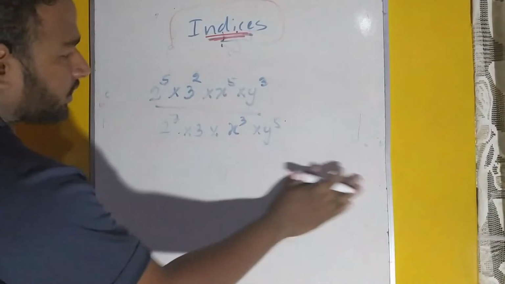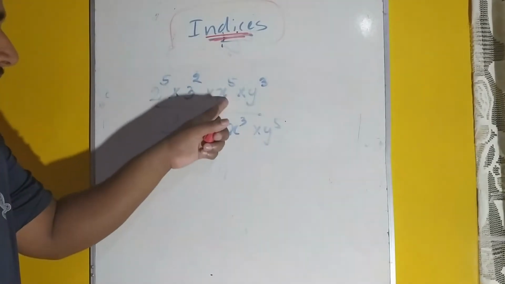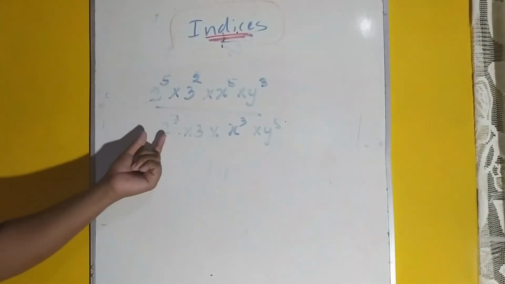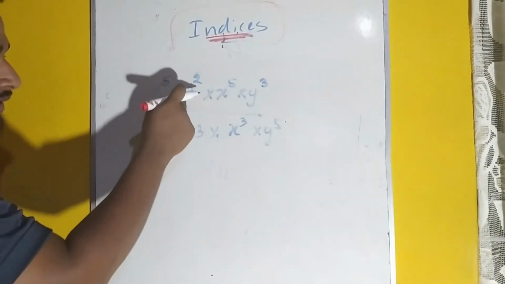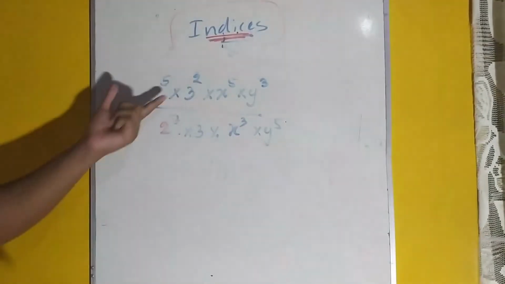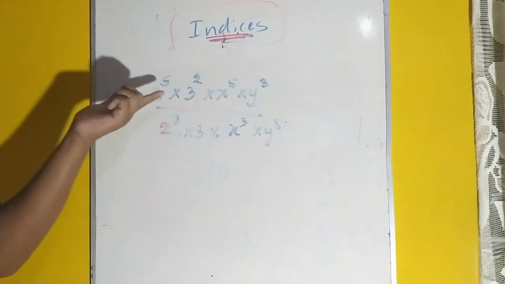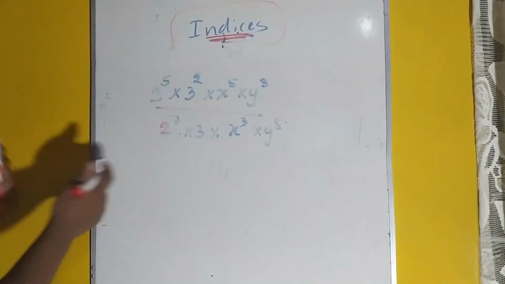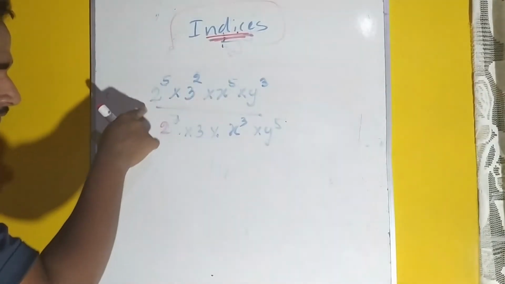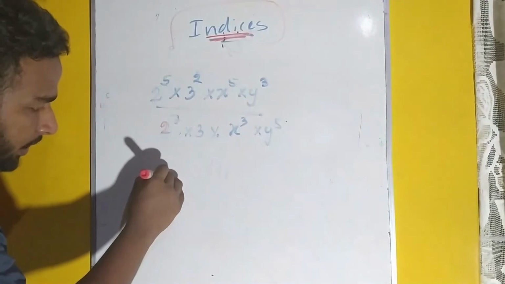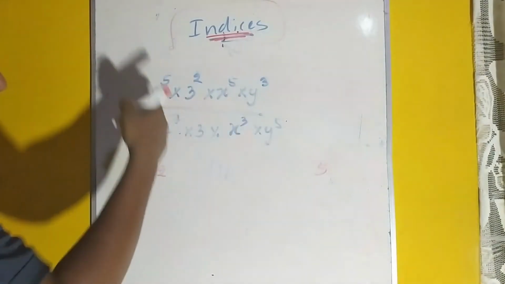Okay, let's come to this sum. You see, in the numerator, the bases are 2, 3, x, y, nothing is same. In the denominator, 2, 3, x, y, nothing is same. But numerator and denominator, the bases are same. Here 2, 3, x, y. So, no multiplication. Here you can't add the powers because in multiplication, the bases are not same. So, when we come to division, you see, in division, this base and this base are same. That means 2 to the power 5 divided by 2 to the power 7. So, the common part, 2 to the power 5 minus 7. When division, you should subtract the powers.